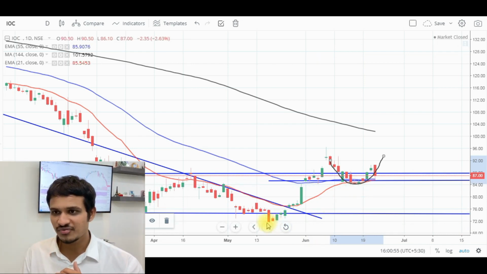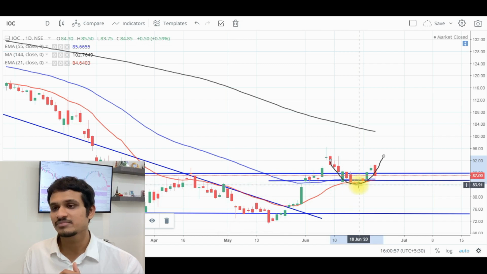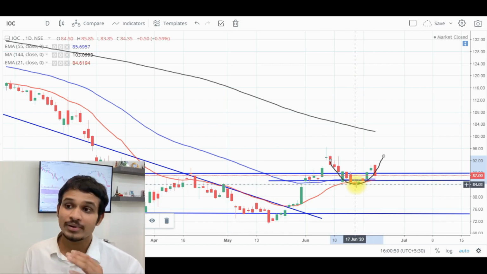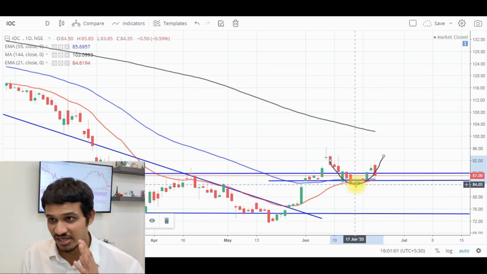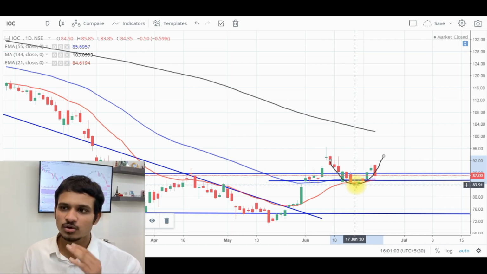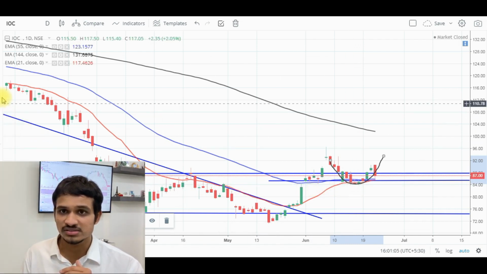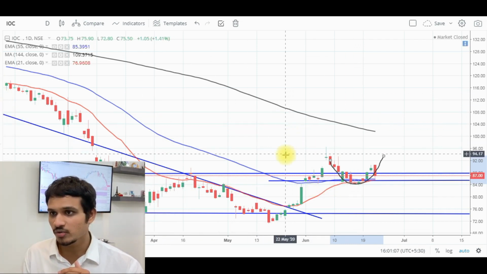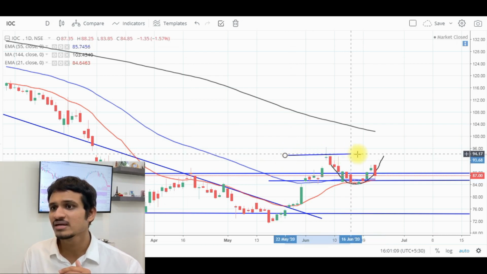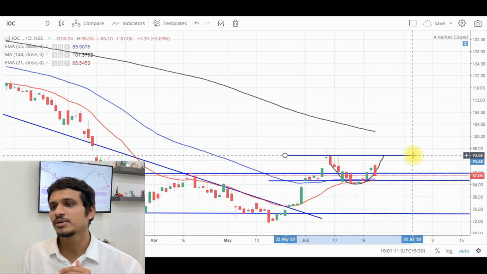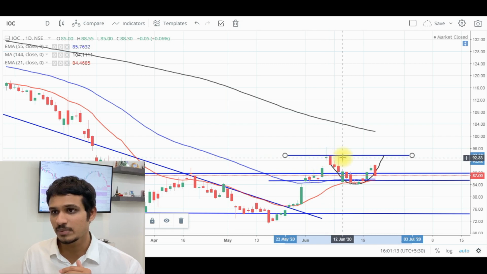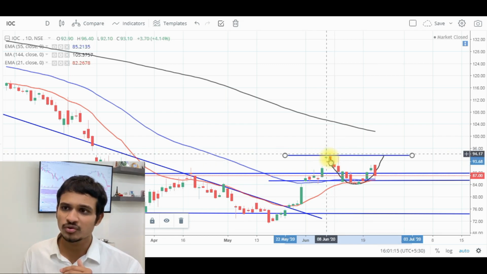So the earlier swing high was this one, and now the price has made this high, which tells us that the price is trying to go into a bullish territory, and this can present a good trading opportunity in front of us. If I draw yet another trend line over here, we see that this trend line has been respected by the price as a resistance on multiple occasions, at least on 3 to 4 occasions over here.